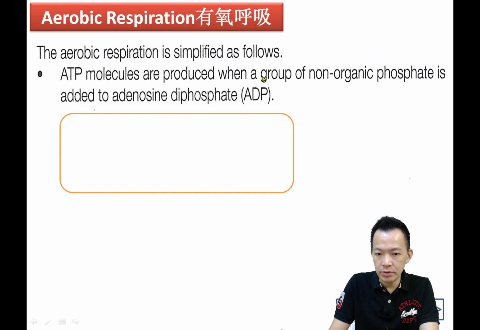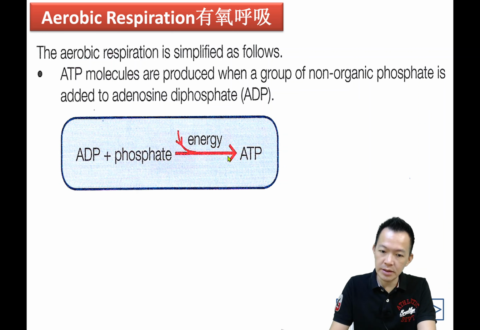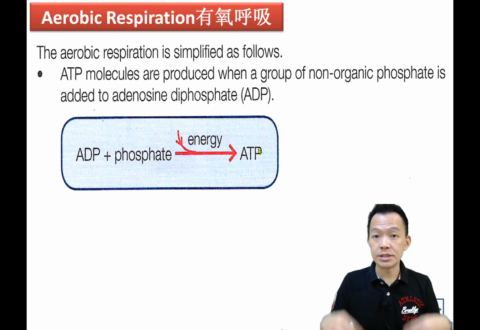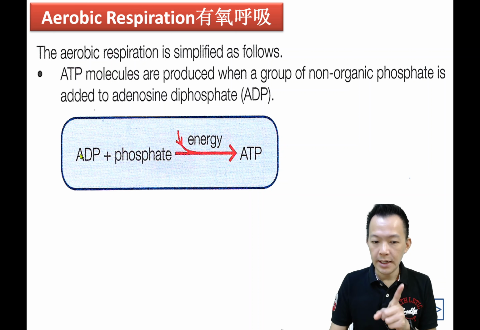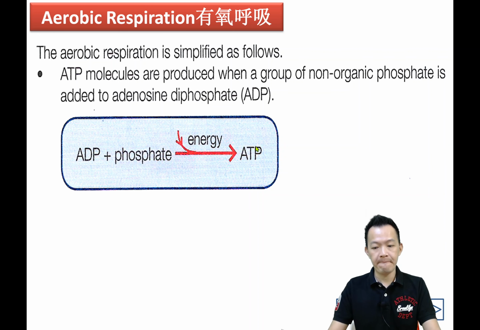ATP molecules are produced when a group of inorganic phosphate is added together with the ADP. So inorganic 的 phosphate 啦 is added to the ADP，ADP 加到 phosphate they will join together become ATP and ATP holding energy，它里面有收藏能量了。So 细胞燃烧食物过后，ADP 加 phosphate 就变成这个能量的分子叫 ATP。OK 再来